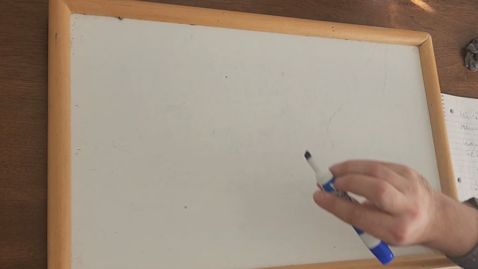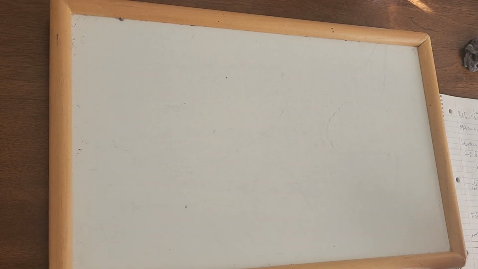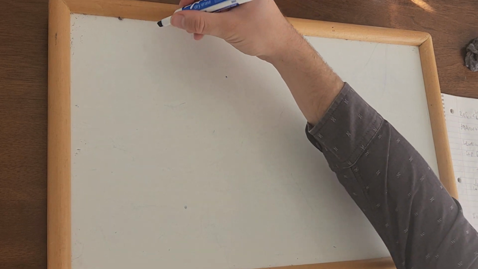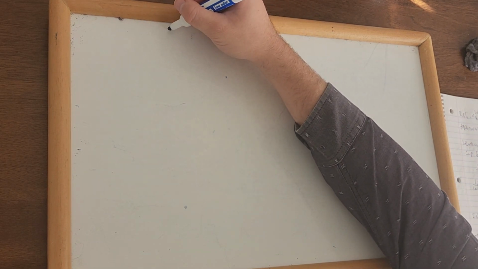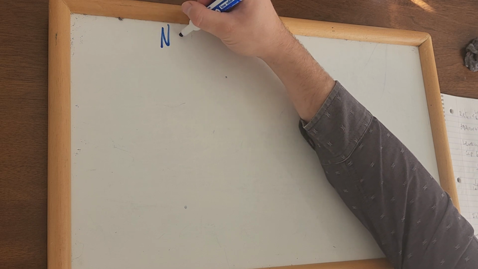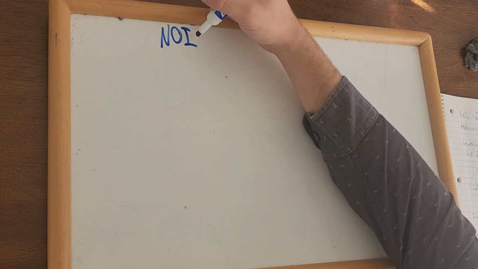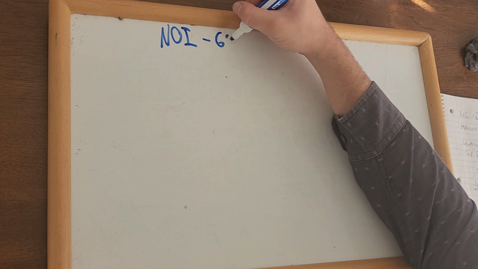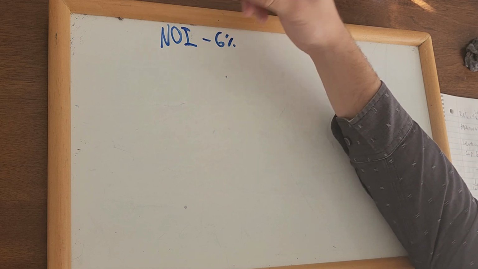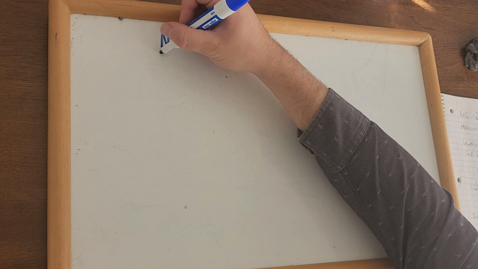All right, now let's talk about leverage. All right, this is where it's going to get fun. We're going to combine multiple pieces of real estate together now in order to be able to calculate leverage. In our cash flow series, we talked about NOI, net operating income, all right? And let's say that this is 6% of the property value. This can also be referred to as a cap rate,